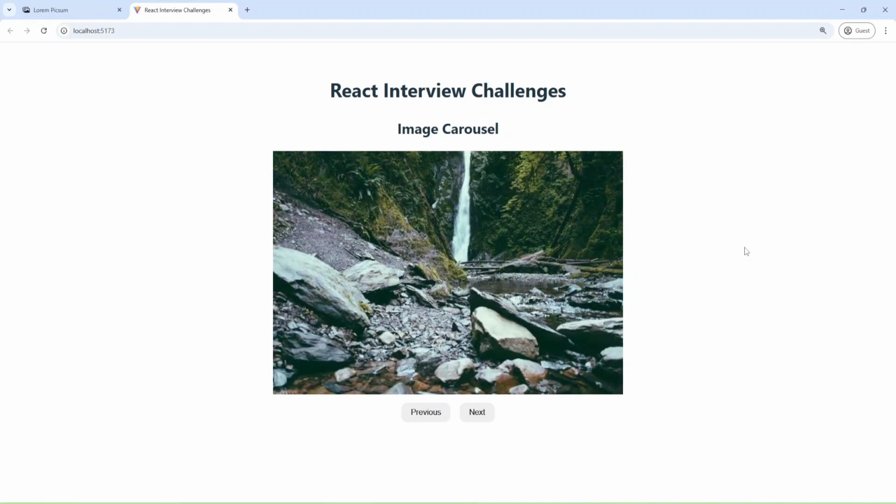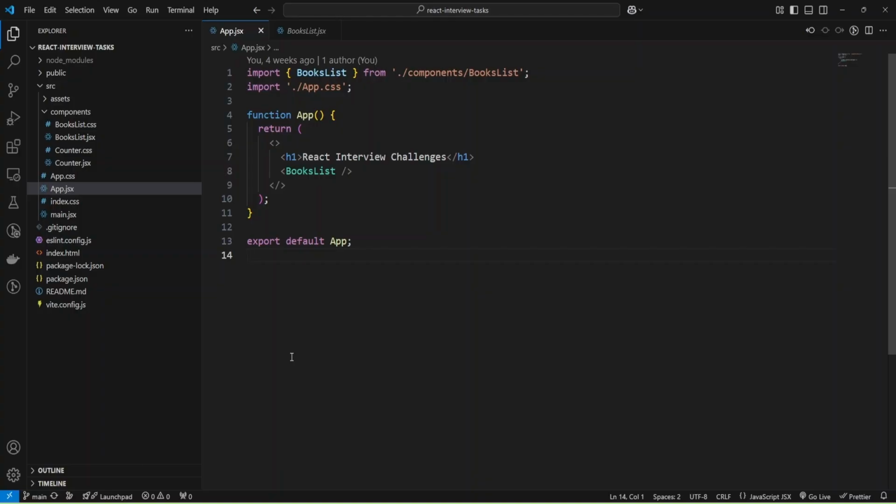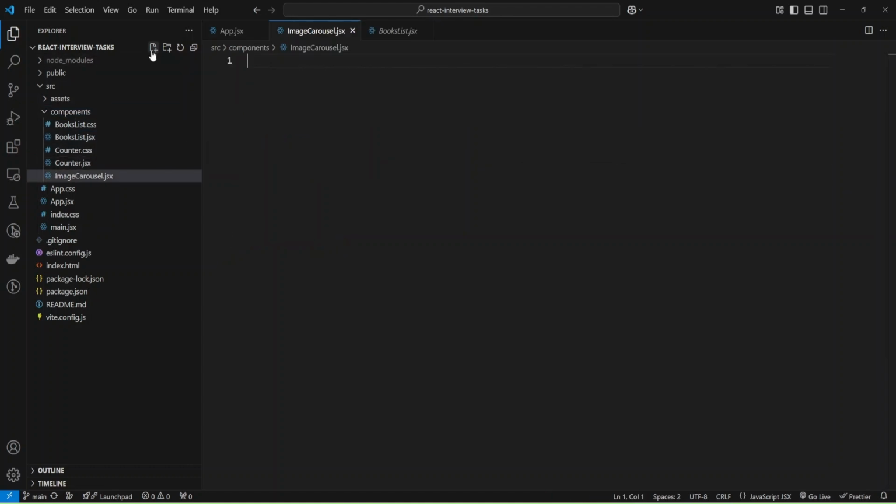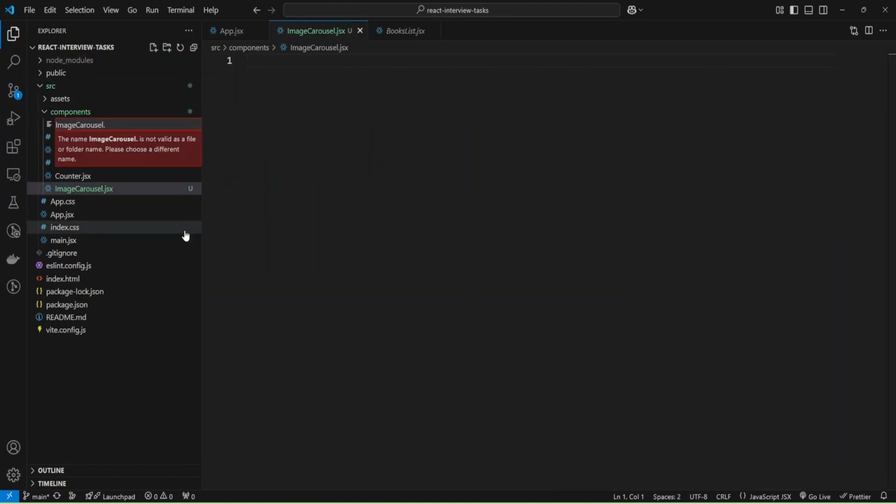And let's go to the code and build our application. I launched my Visual Studio Code and opened the React Interview Tasks project, and I have the project from the previous video, and now I'm going to create a component for my image carousel. It will be ImageCarousel.jsx, and also I need a file for CSS, and it will be ImageCarousel.css. And now I can create a functional component with